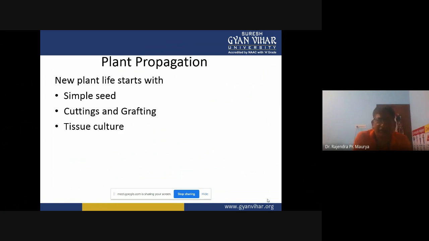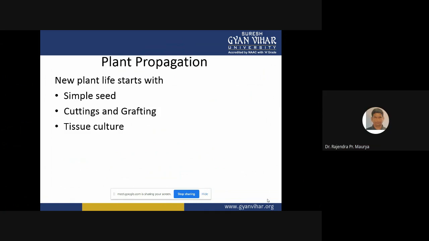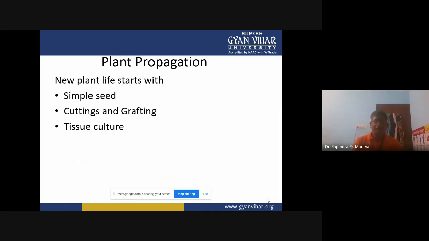In horticulture, some crops are direct seeded crops and some are transplanted crops. First, we need to raise the seedlings, and after attaining the proper age or height, those seedlings are taken out from the nursery and transplanted in the main field or on permanent beds.